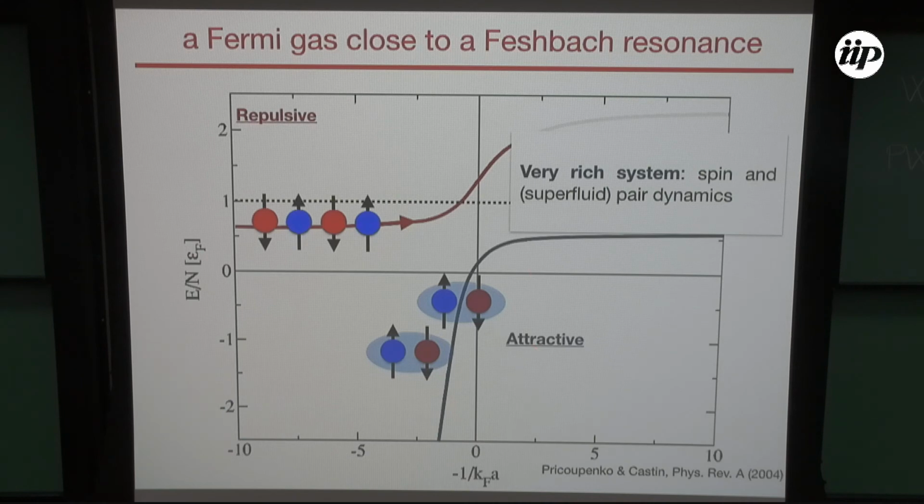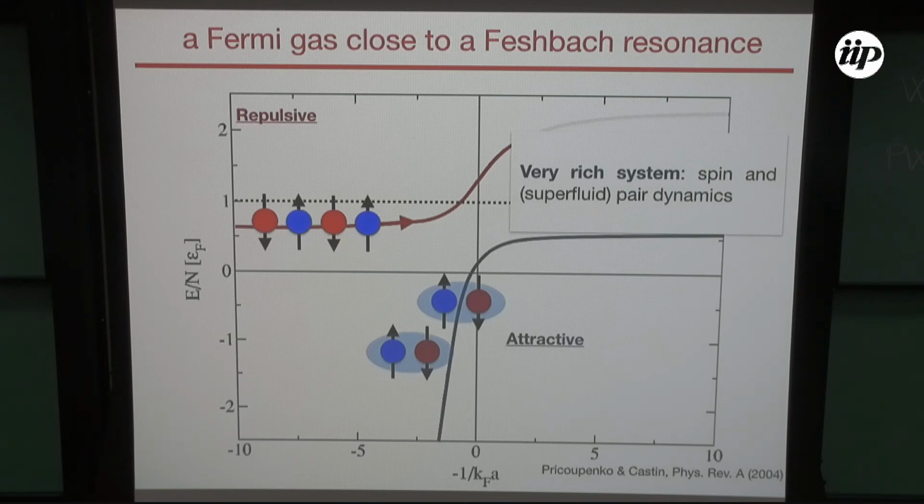As you can see, there are two energy branches. There is the red one that I call the repulsive branch, in which fermions in two different spin states don't want to pair. In particular, they can form a weakly repulsive or strongly repulsive Fermi liquid. And then there is the lower branch, that is the so-called BEC-BCS crossover branch, in which fermions can pair at zero energy, forming molecules, or more exotic pairs like unitary pairs or BCS-like Cooper pairs.